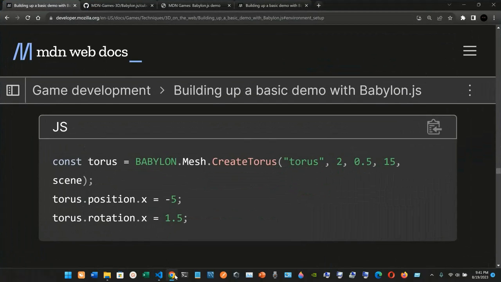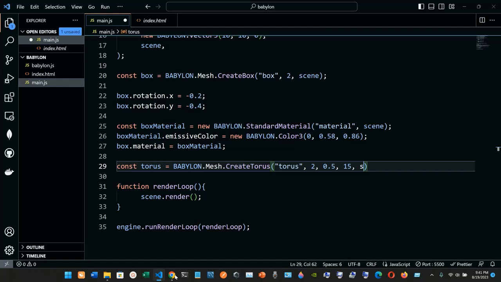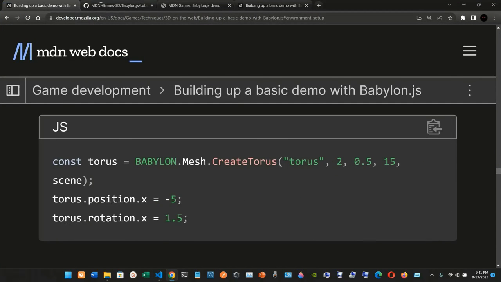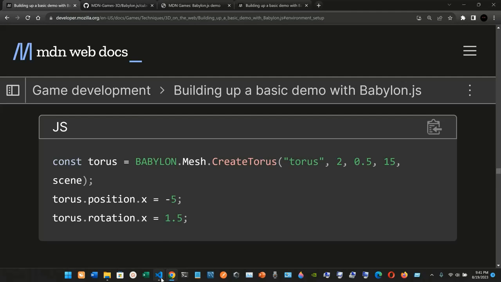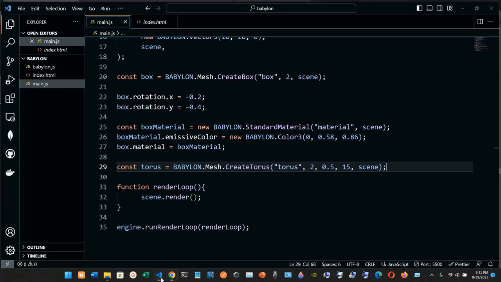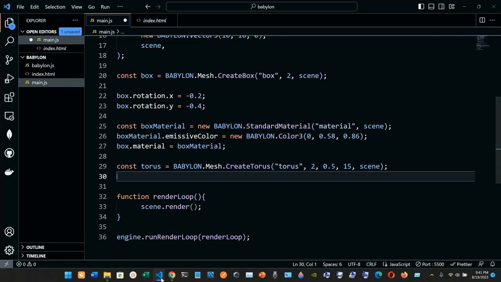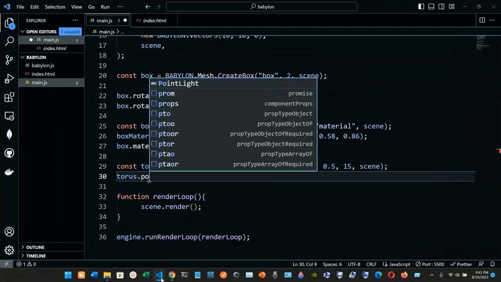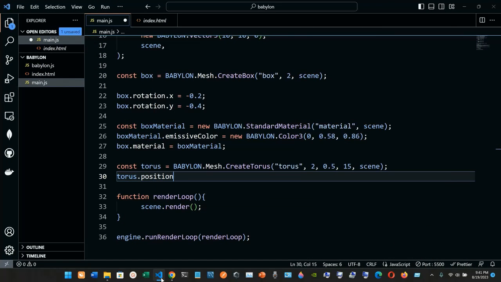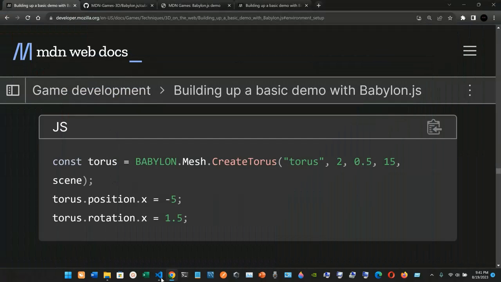Okay, and finally, after those numbers, we're gonna pass in the scene, and we're gonna end the statement with a semicolon. Okay, so we have that, and as you can see, it looks kind of funny, but we're gonna keep moving. So now we are gonna have torus.position.x. So we're gonna use the torus variable that we have, torus.position.x, and we are gonna set it to some value, and it's gonna be